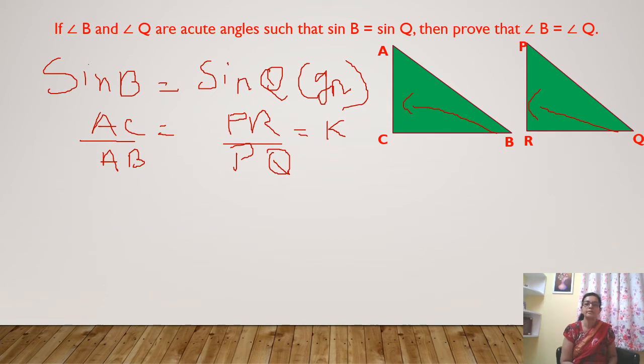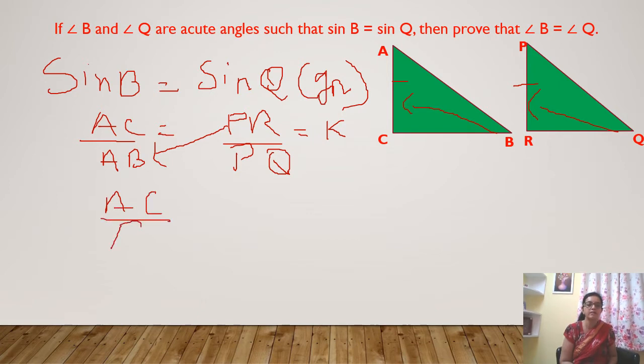Here ultimately we have to prove that these two triangles are similar. For that we have to prove that the corresponding sides are proportionate. So which sides should be proportionate? AC will be proportionate to PR. Can you see here AC and PR is there, but they are in numerator. We have to shift PR to the denominator. So let us move PR to the denominator. And what shall we get? We will get AC upon PR.